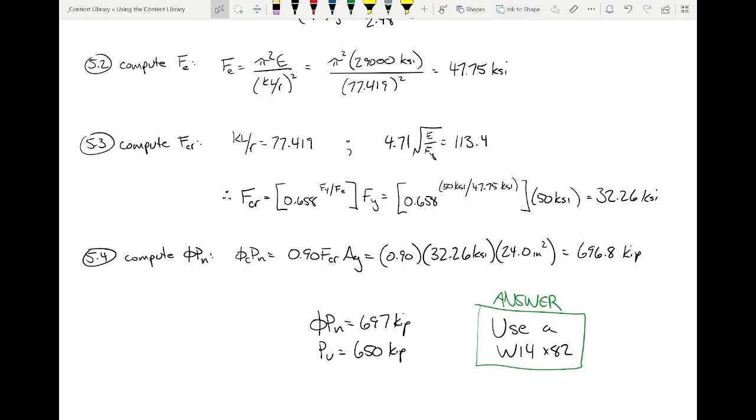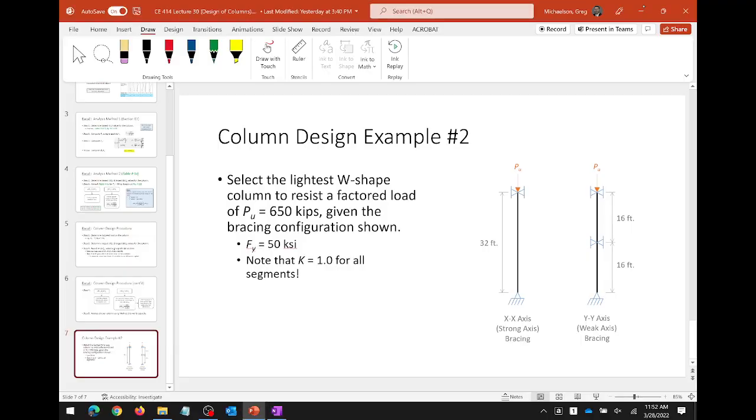If K times L is the effective length, and we compute KL effective, does that mean we're computing the